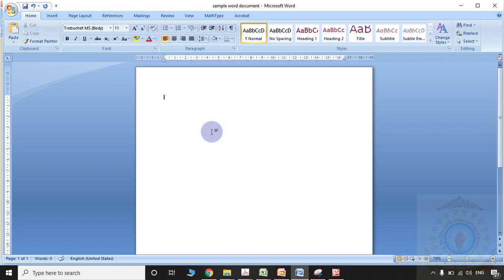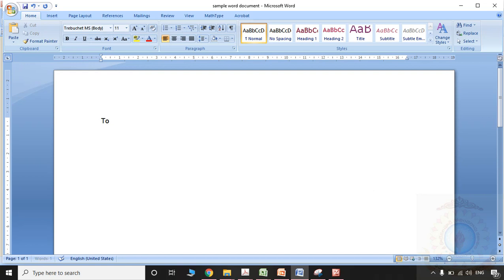Now next tip, second tip. If you want to send the same information to different persons, here you need to change the address or information of some other person.